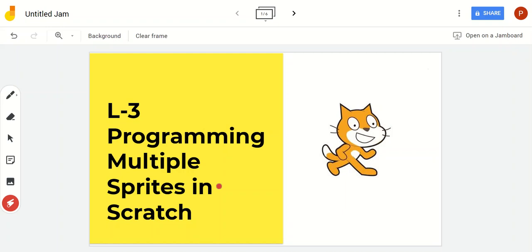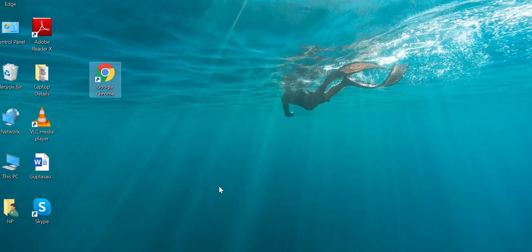Those who have a laptop can download it, but those who do not have one can make Scratch programs on their mobile also. How can they? Let's see. In mobile, first of all, open your Google Chrome browser.